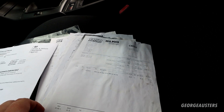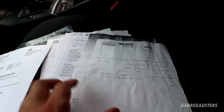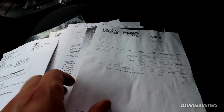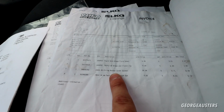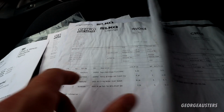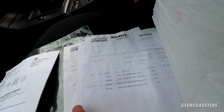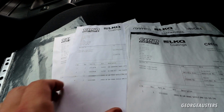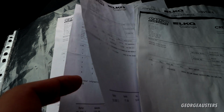But one thing I do want to point out is that this car has had quite a lot of money spent on it over the recent years. We have a bunch of different receipts here for, well, one for a wheel bearing, crankshaft sensor, and there seems to be quite a few for rocker cover gasket, that's been done as well, brake fluid. I was going to say there's quite a few for various brake components. So it looks like we have handbrake shoes, a handbrake shoe kit, brake shields, and then various different discs and